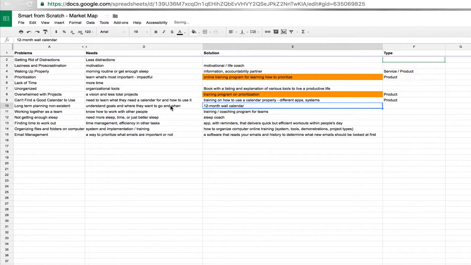And then the one right below that, interestingly enough, long-term planning is non-existent. That's a problem. So they need to understand more about what their goals are and where they want to go and when. And the solution I came up with was like a 12-month calendar. A lot of people have the 1-month calendars or the calendar apps. Well, what about a 12-month wall calendar? I actually use one of those myself, although there could be some improvements on it, which is potentially a good